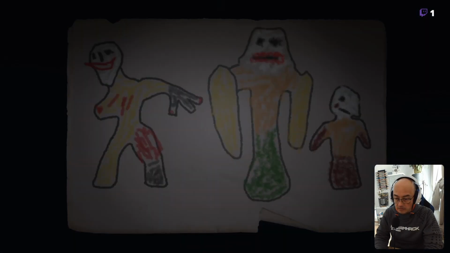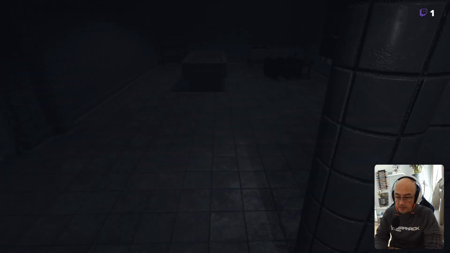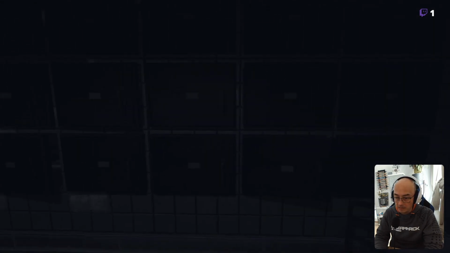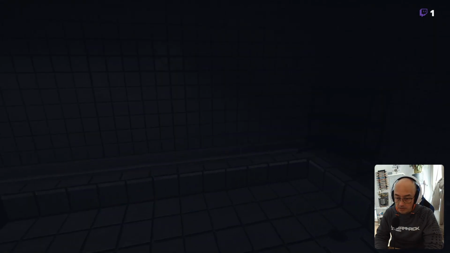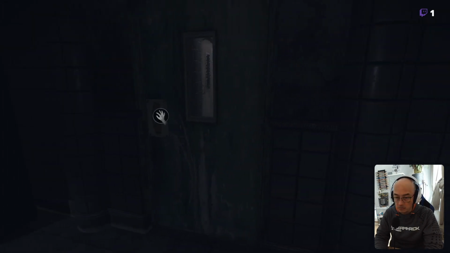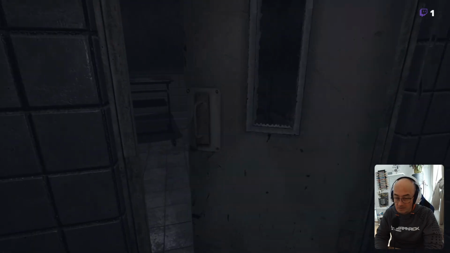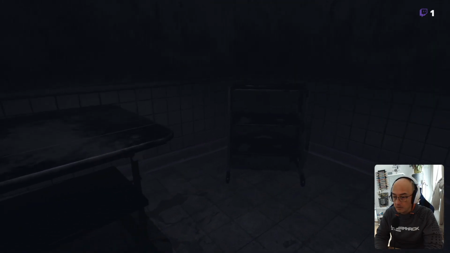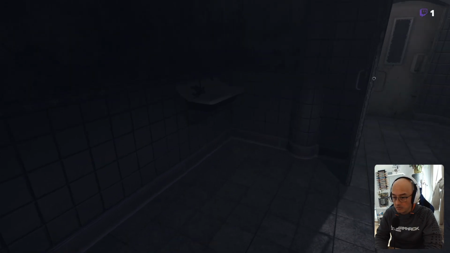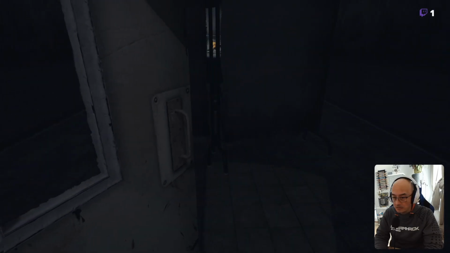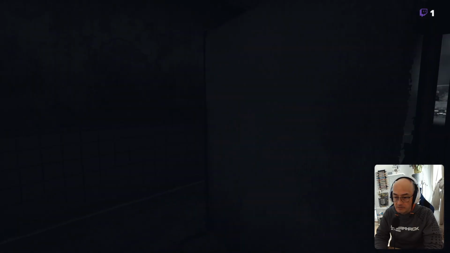So the figurines, yeah, there are 3 of them. You will have to find them. As far as I remember, they are not too hard to find, but tricky. You will have to do what we have been doing during the stream. You will have to take a look. You will have to check every corner. You will get the hint with this small pin. If you can take something, that's the first one.